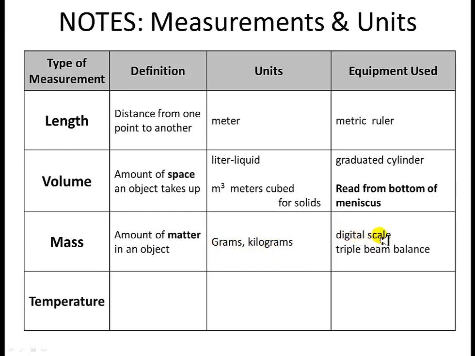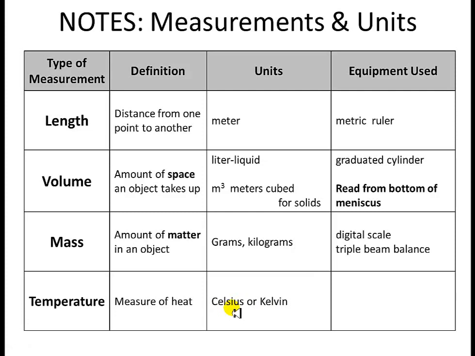And what do you use there? You use either a digital scale or use a triple beam balance, and we're going to try both of those in class. Temperature, it's measuring how much heat. Unit, we use Celsius or Kelvin. These are in degrees. Kelvin does not have the degree symbol, it's just Kelvin, like 0 Kelvin would be absolute zero,